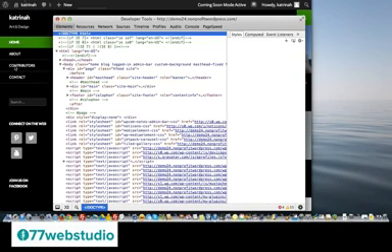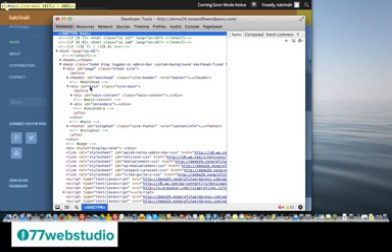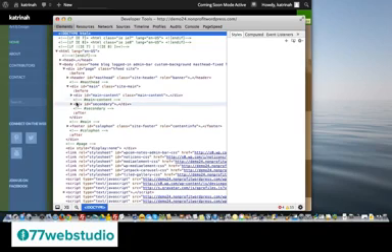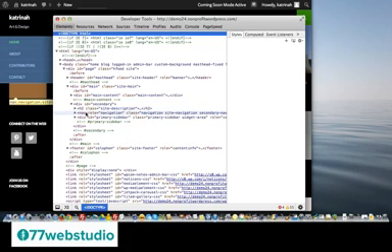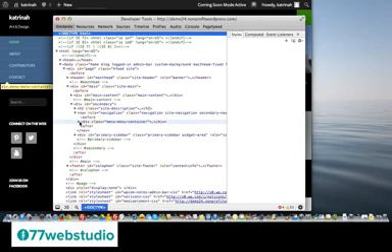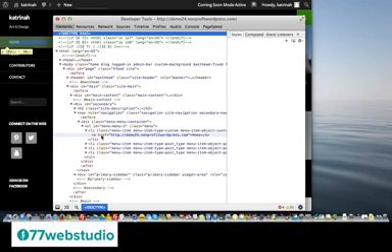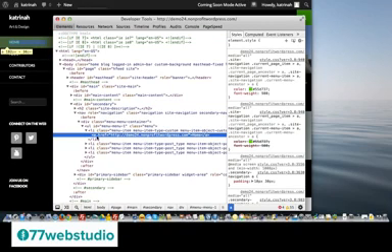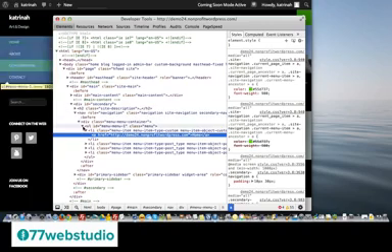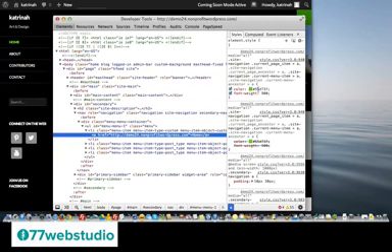I really need this sidebar section right here. So as I hover one by one, it looks like it's in this div main section here. And let's see, it's in the secondary section. And it looks like I found it right here, the nav line right here. So here we have the different menu items. The first one here is Home, and note when I click on this one, it's highlighted right up here at the top when I hover over this line, and we also see here is the green code on the right hand side. So this is the code we need. I'm just going to copy it